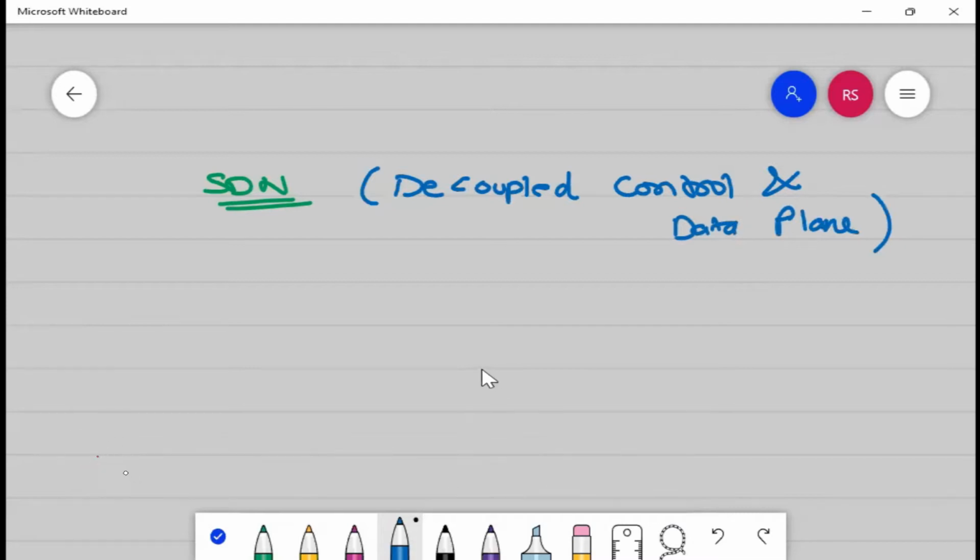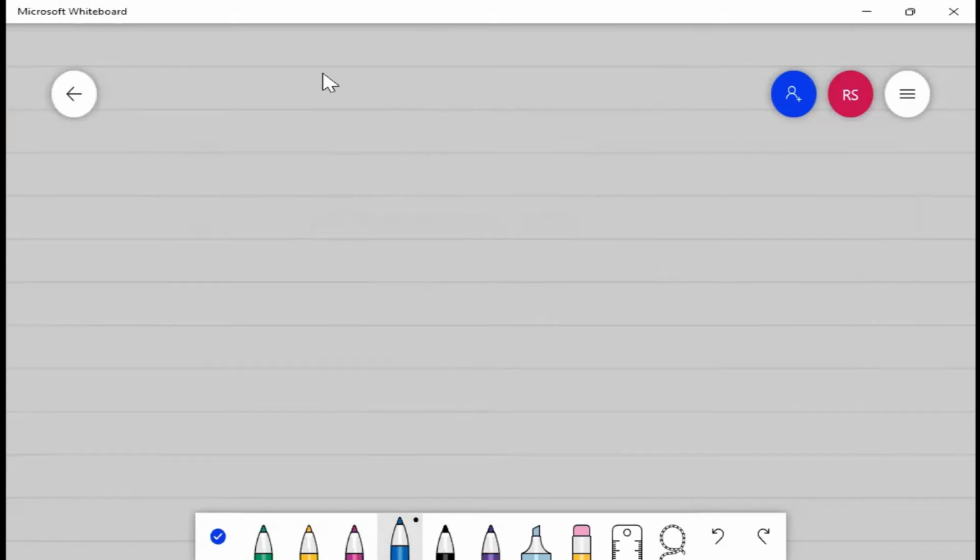So it decoupled the control and data plane for the devices. What does that mean? SDN has a couple of types.